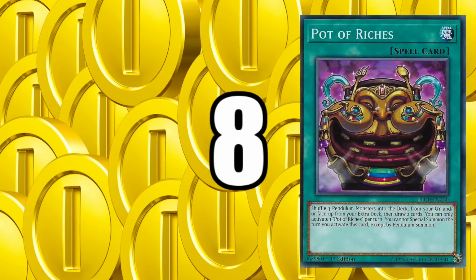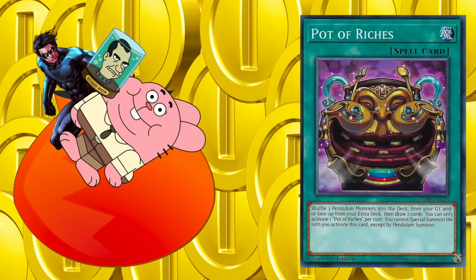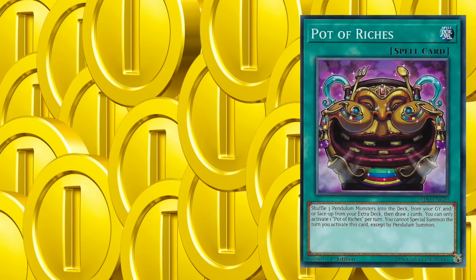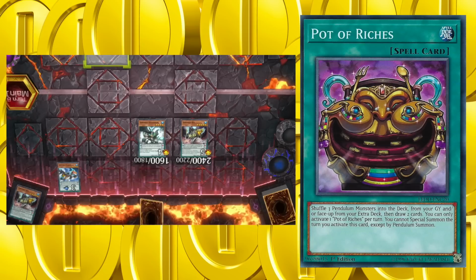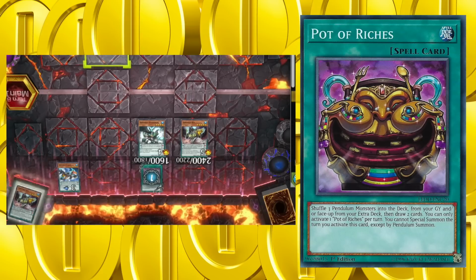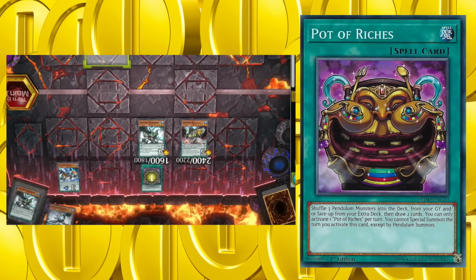Number 8, Pot of Riches. Whoa, a pot full of guys named Richard. This pot's pretty cool. I may not play pendulum decks, but I like that they got their own pot. This card lets you shuffle 3 pendulum monsters from your extra deck or graveyard back into the deck, and then